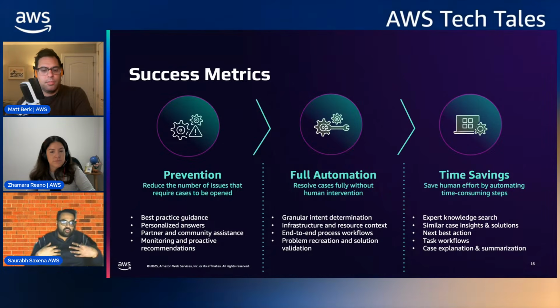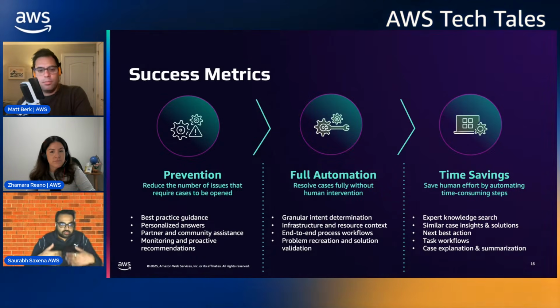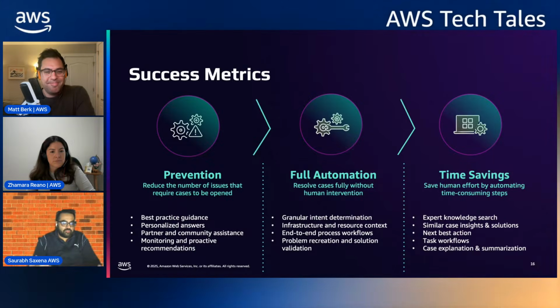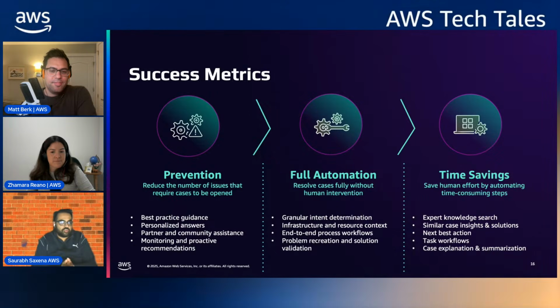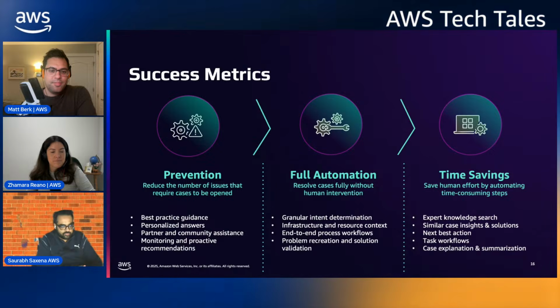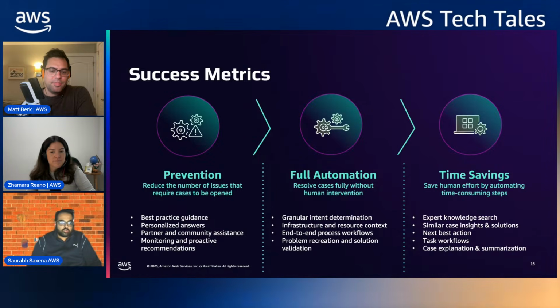Because we as humans have been trained over centuries and centuries to read the problem, analyze it, form an opinion about it, and look at different things. AI can do all of that much faster. If we can make it smart, very contextual, very narrowly scoped and relevant to the customer, I think we can do a lot of good.